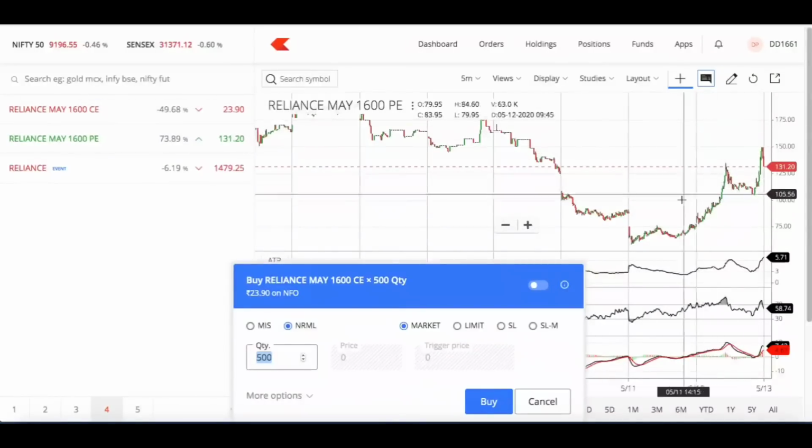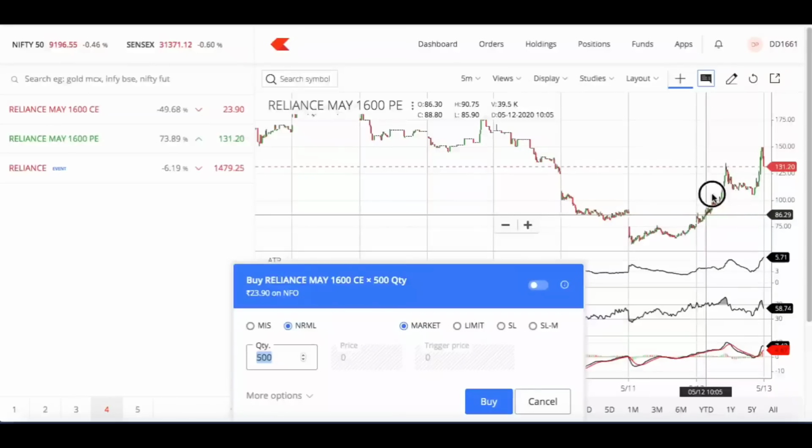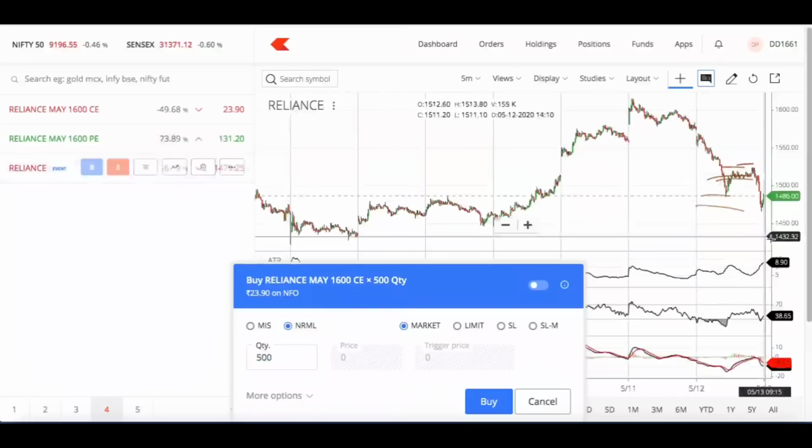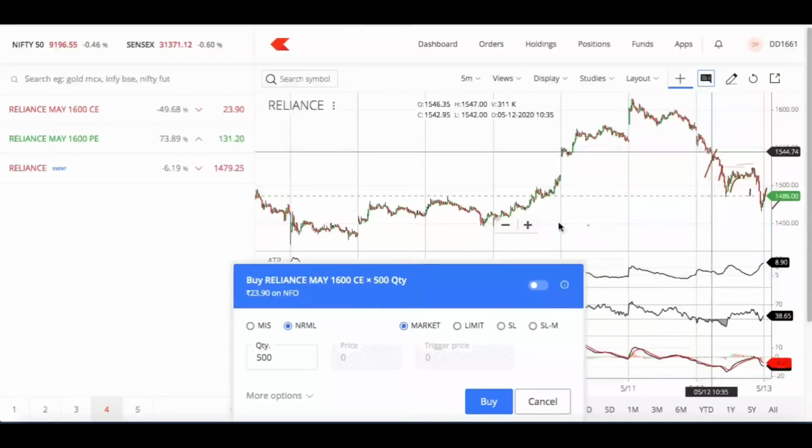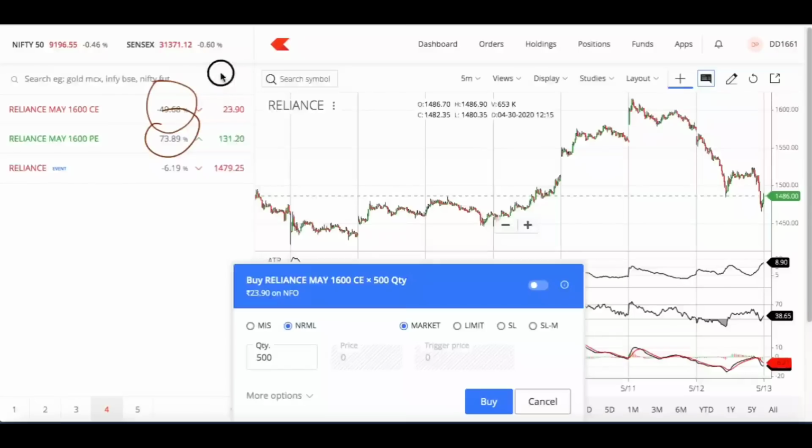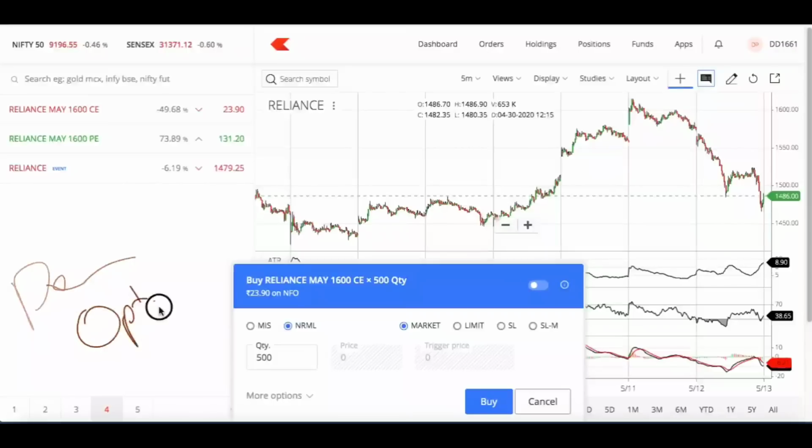And like I told you, like our normal intraday, when you see a certain 1% movement or 2% movement or whatever is your target, you will book your profit just like our normal trading. This is also a normal movement of stocks and you will book, just that the profit ratio will not be like 6% or 3%, 2% of the stock. It will be like 49%, 73%, 100%, 200% movements you will see in these premiums. That is the reason you see in our derivative markets the number of people trading in options is totally higher.